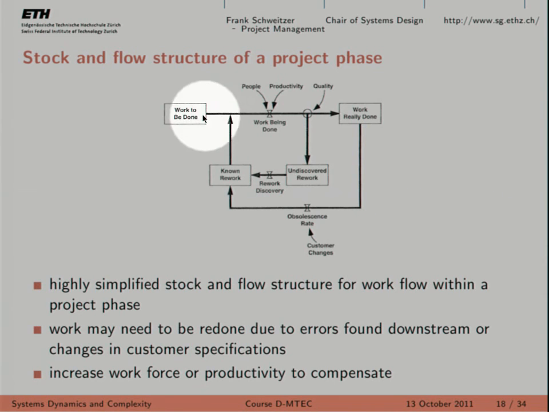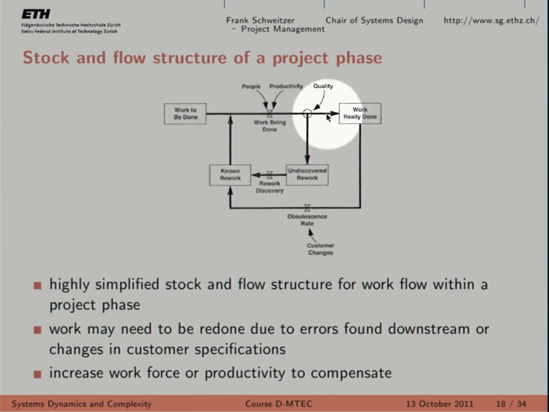As I mentioned, this guy said the following. Well, let's model the work to be done as a stock variable, right? So this is a stock. We have a work to be done in any project. We also have the work really done. So what is the difference between work to be done and work really done? Well, that's the quality check that you do, right? This is the basic feedback loop. You have something that needs to be done, you do it, right? You do it here, work being done, I put a stamp on the paper, and then somebody checks whether this stamp was aligned correctly, for instance. If that's the case, then my other stock variable, work really done, increases by whatever amount.